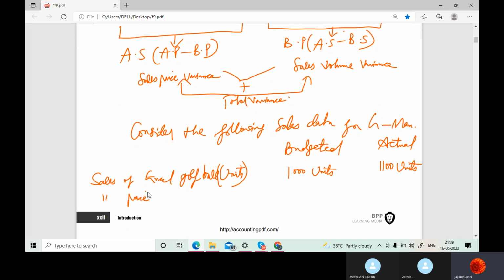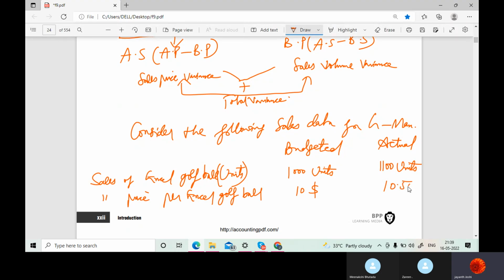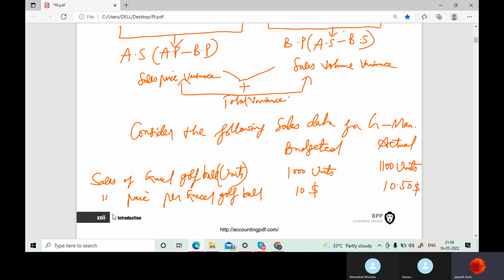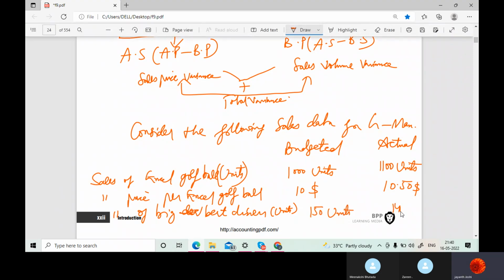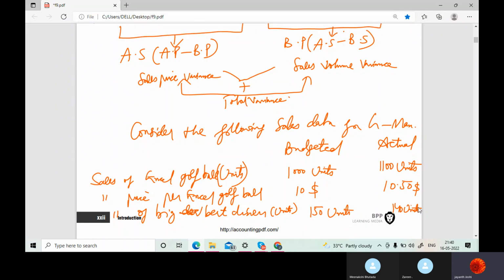Sales price per Excel golf ball. Sales of Big Bird drivers in units: 150 units, 140 units. And sales price